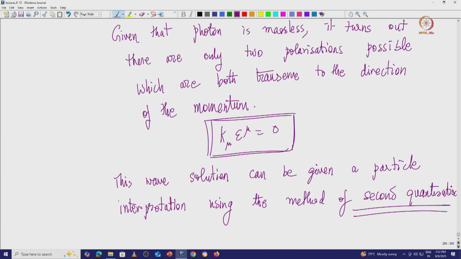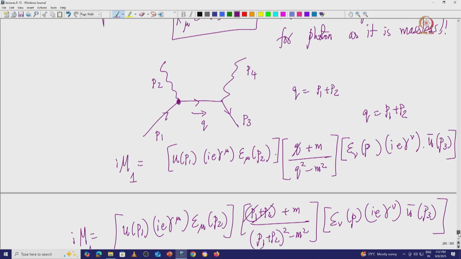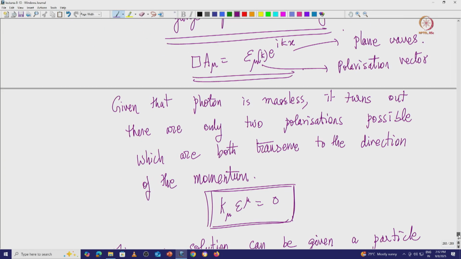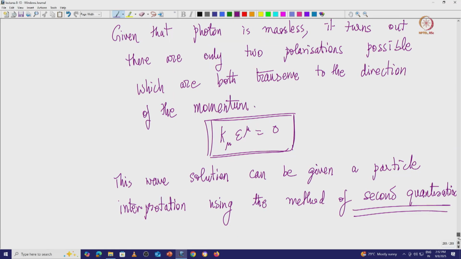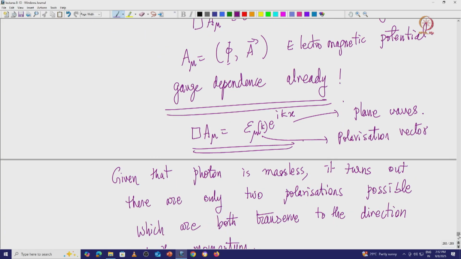So, under the method of second quantization, we can interpret this entire wave solution in terms of particles. These waves can be written in terms of particles, except that you now determine this wave solution as a photon of a particular momentum and a particular polarization. Okay. In terms of polarization and momenta, you can write them as particular particles. You can do that with the process of